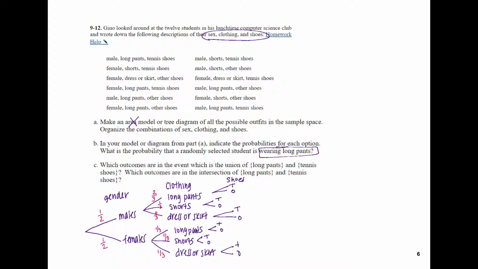When we look at whether they wear tennis shoes or other, we can say that half of the time for all of these events they wear tennis shoes or other shoes. So from the following tree diagram, the probability of wearing long pants would be